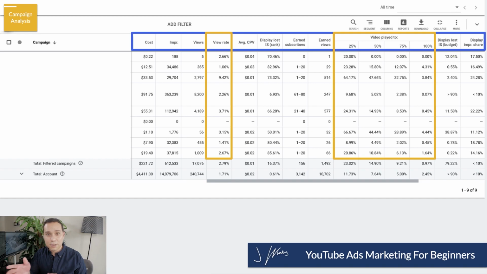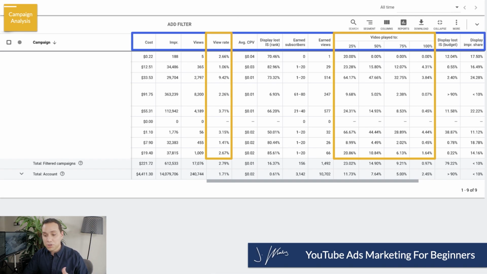And then your percentage played is going to tell you how good of a fit your video is for that particular audience. Now, it's very easy to fall into the trap of having a really good click-through rate or view rate and then having people just not watch the video at all. And that's not what you want. You need people who are actually going to engage with your content, because when they engage with your content, they're going to keep watching your videos, subscribe to your channel, and eventually purchase your products or services.